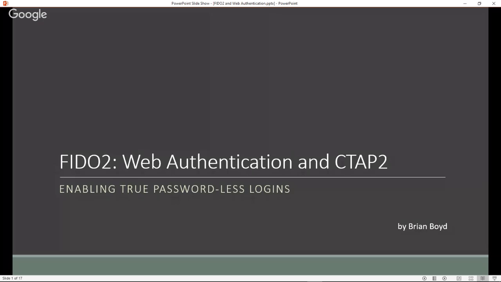Which is pretty good. I mean, it works pretty good. But to really enable the passwordless login, it needs to support FIDO2 because with U2F, for example, it doesn't store the private key on here. It actually sends the public private key encrypted down to the server and stores it there and then sends it back. Whereas with FIDO2, it actually stores the private key on this key, which is a more secure